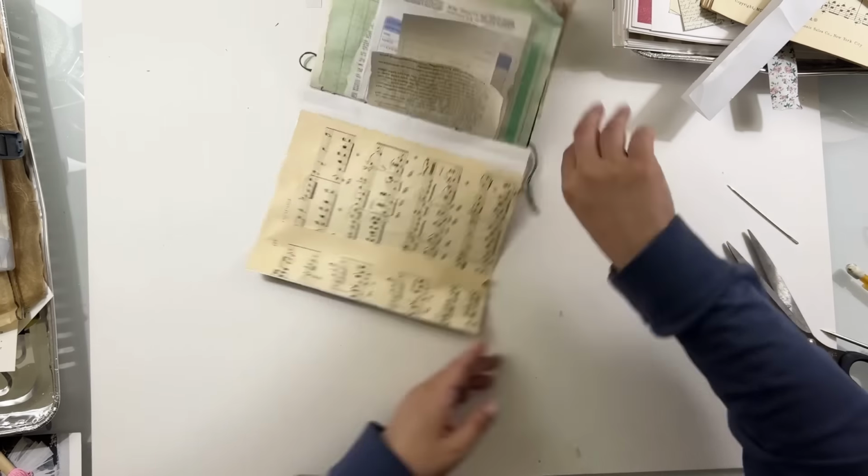This gift bag is so beautiful. I love the colors and the florals with the stripes, but you know me and you know we're going to decorate it and we're going to add a bunch of layering to it. I'm going to start off by grabbing some Tim Holtz snapshots, and I'm going to pick a picture that looks